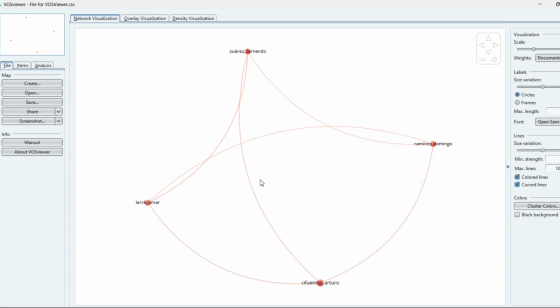Now this is not a very big map, because only 4 authors are strongly connected to each other, having at least 2 documents that they have co-authored. So this is called the co-authorship analysis based on authors. This data set only contains 100 observations, but with larger data sets, obviously the maps grow